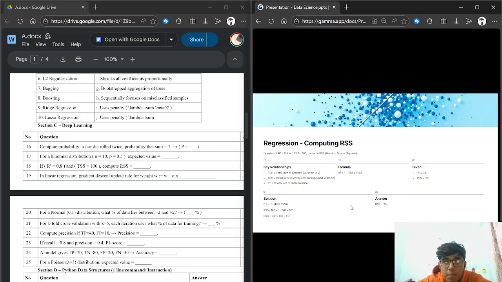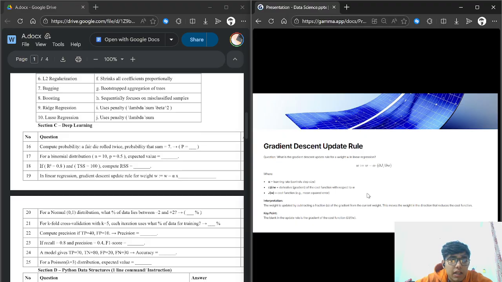That is question number 19. In linear regression, the gradient descent rule updates the weights as W becomes W minus alpha times x. The alpha into x of this is simply the derivative of the cost function with respect to that weight. So in gradient descent, the weight update